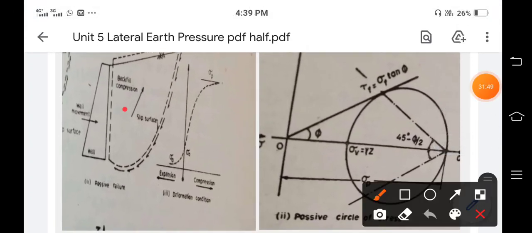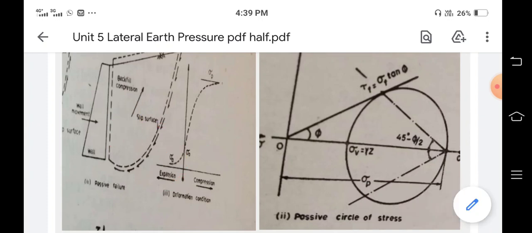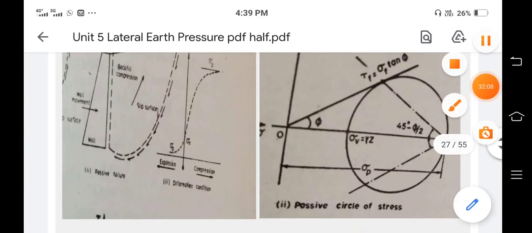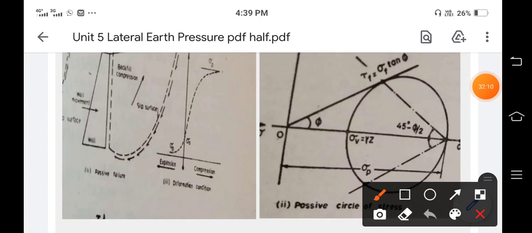So here is a compression of the soil, and in the active state there is an expansion of the soil. This graph shows the expansion in the active stage because the wall moves away from the backfill, and this will show compression, that is, the wall moves towards the backfill. And if we plot the Mohr circle, this Mohr stress circle becomes extra large as compared to the